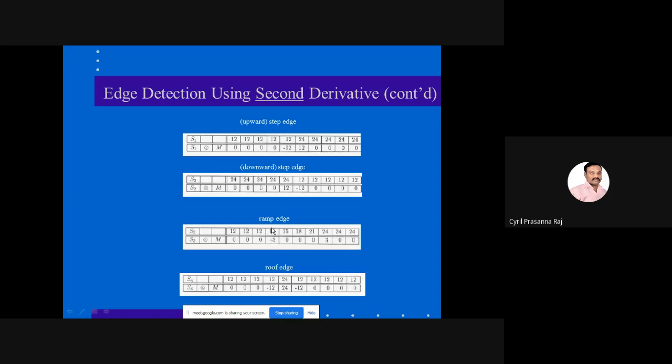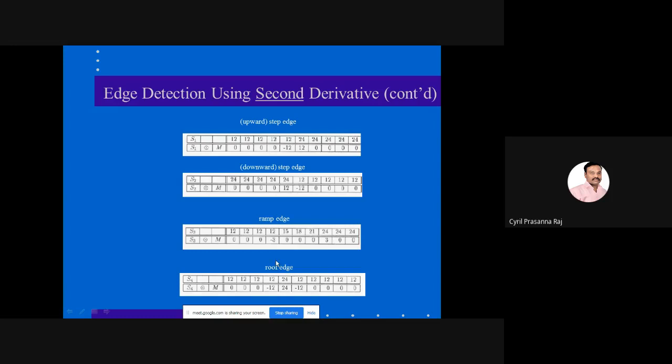Similarly, there is a zero crossing occurring here. So it is changing from minus 3 to plus 3. When it is changing from minus 3 to plus 3 after 3 pixels, that implies it is a ramp edge. This is minus 3 and this is plus 3, and the zero crossing is occurring after 3 pixels of zeros. So this implies it is a ramp edge.